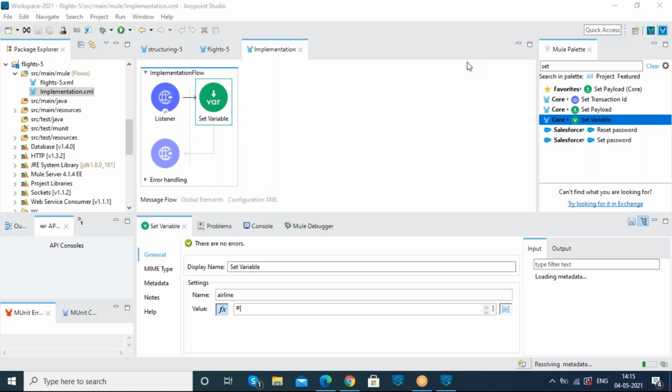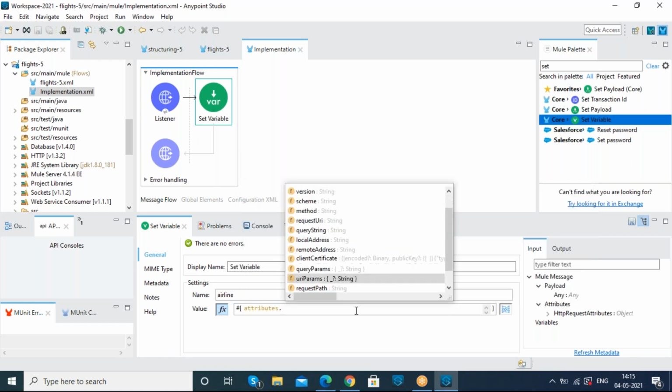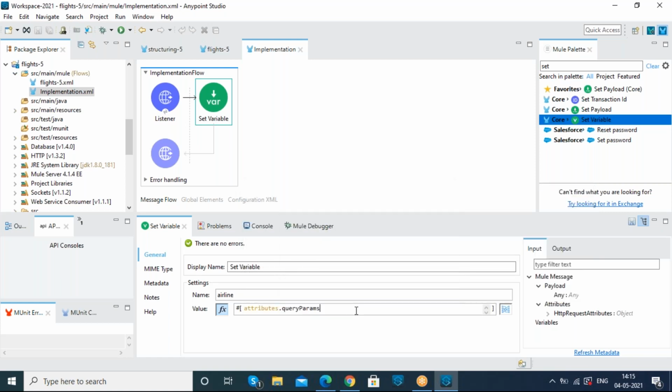Without getting the HTTP request attributes, we won't be able to call any of the values dynamically, as we know. Okay, now we are calling the attributes. From the attributes, I want to call the query parameters, and from the query parameters, I want to call this airline value dynamically.